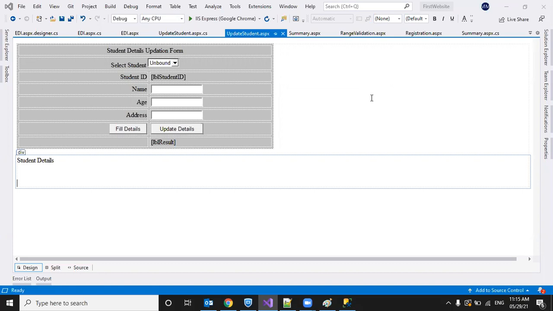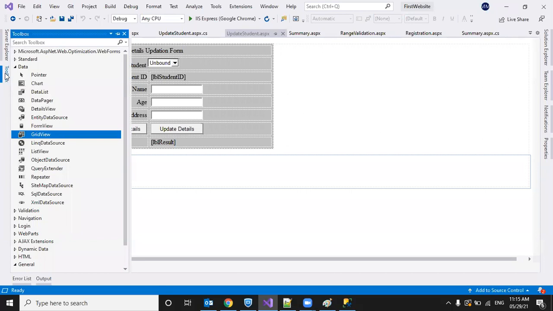To do that, we have data bound controls, or data controls. Those will bind our data list collection in the form of a tabular format or some kind of list format.